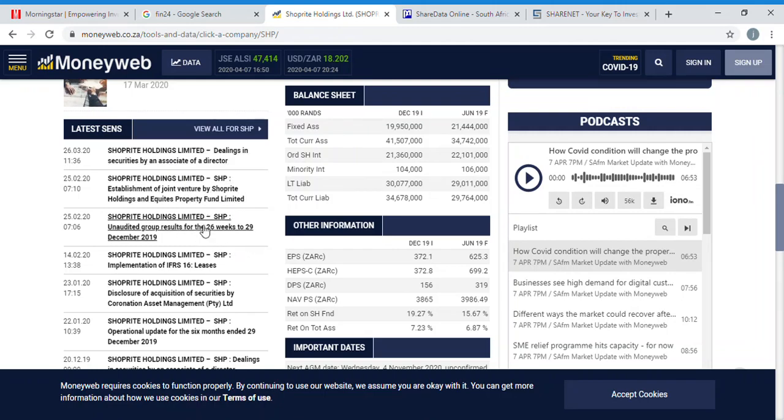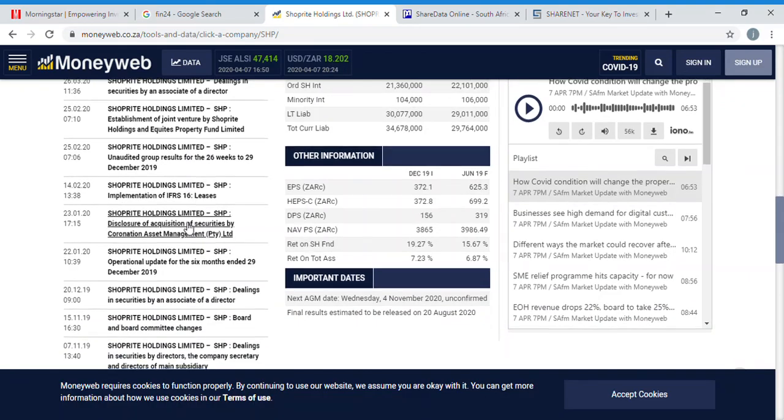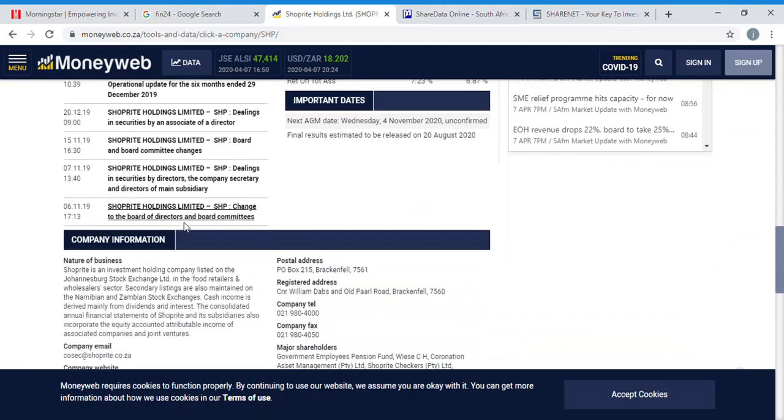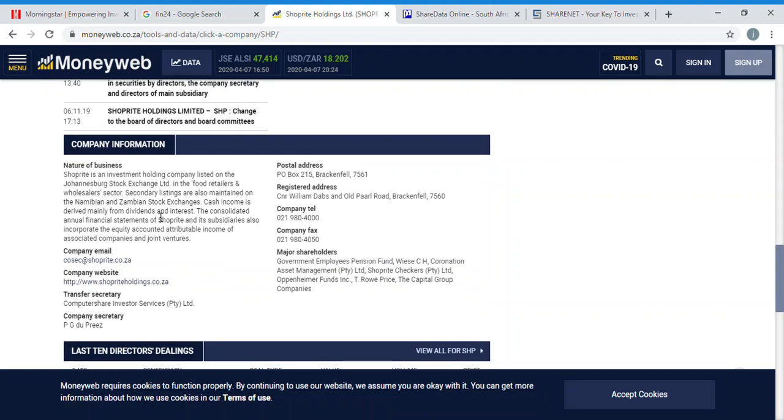Then the results, but you cannot view results through Moneyweb. You need to be subscribed. So I'll show you where to view results of the company. When you come here to company information, they just summarize the nature of the business. What kind of a business is it? Where else is it listed? How can you get further information? Company's email, company's website,